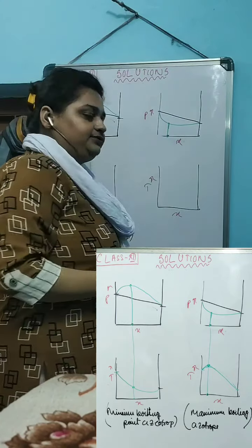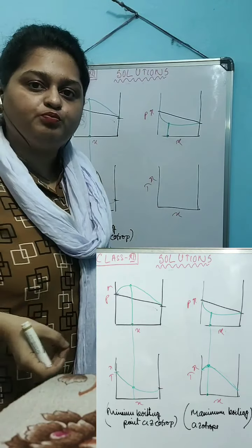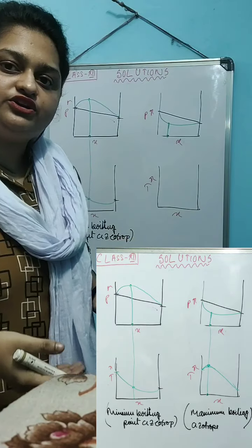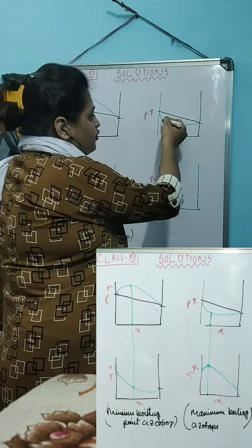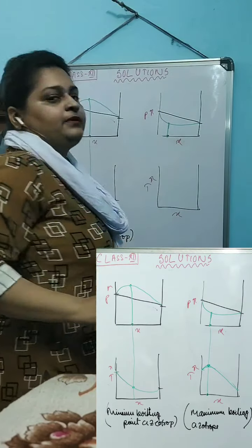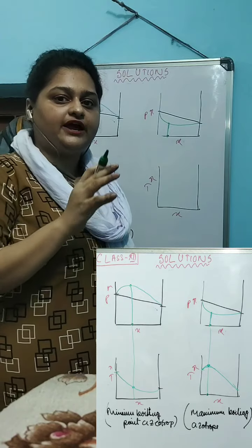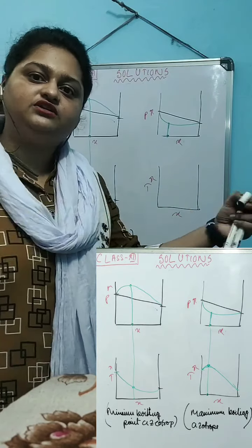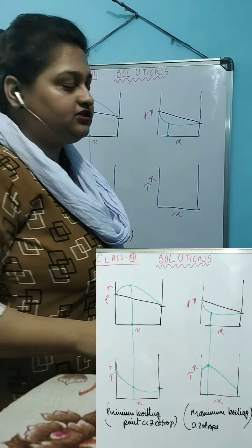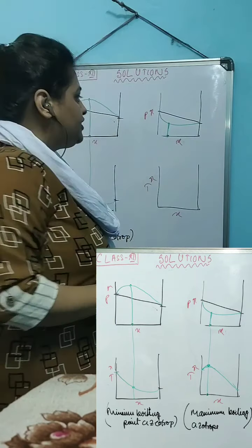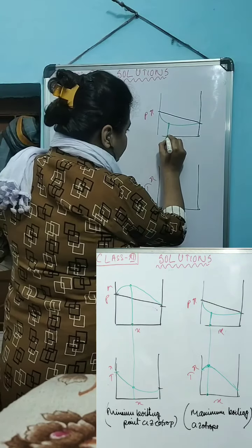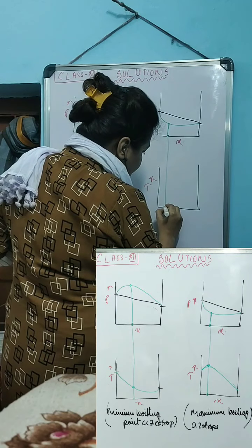Now it means that when you are mixing these two components according to the mole fraction at this point, the solution that you will get will have the minimum vapor pressure that you can get when mixing those two components in any other ratio. So this is my minimum vapor pressure, and it is represented by this particular mole fraction mixture. When you extrapolate this onto this graph, you can see this will be represented by this.